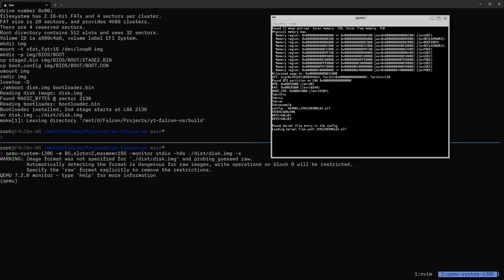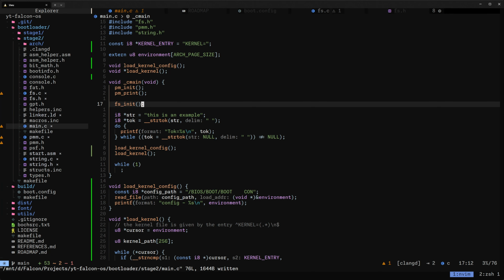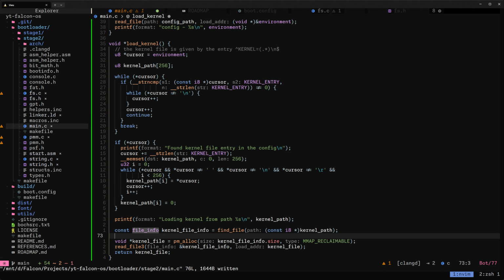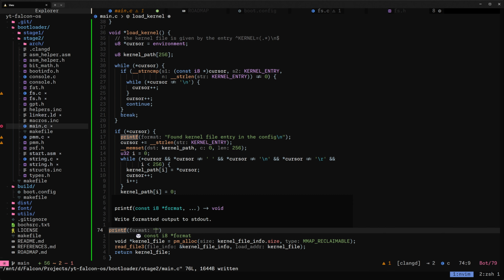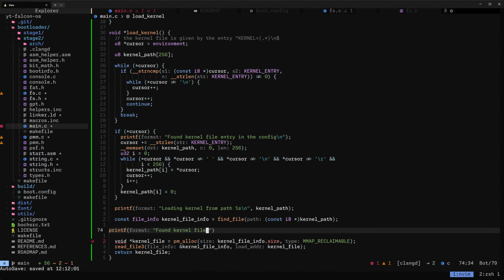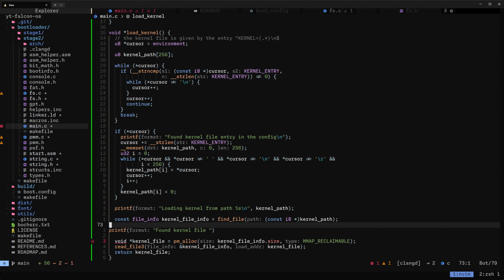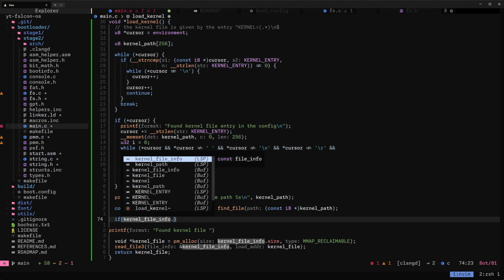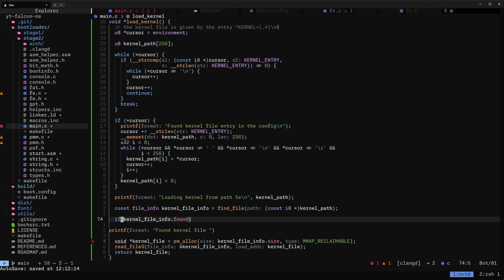Right, so let's now see what we can do with this and see what we have, because we need to actually make sure that our kernel was loaded correctly. So we will actually need to, so let's do something like this, okay? Printf and found kernel file. Actually we have a big issue here. So if kernel file info.found, or if not .found, just